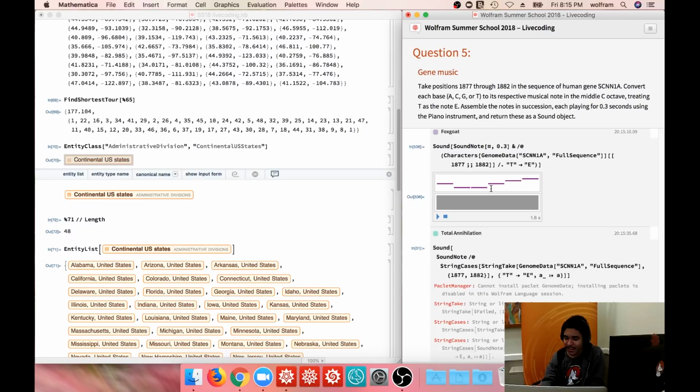and return these as a sound object. So Wolfram Language has some really cool functionality for audio processing and also audio synthesis, so generating sounds from scratch or from a set of notes and synthesizing them. So this one, the sequence of the human gene. I don't know too much about